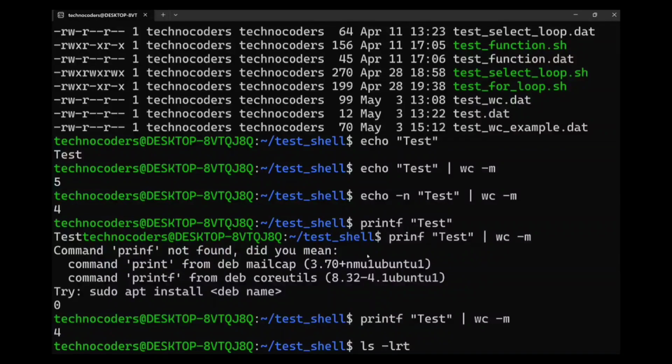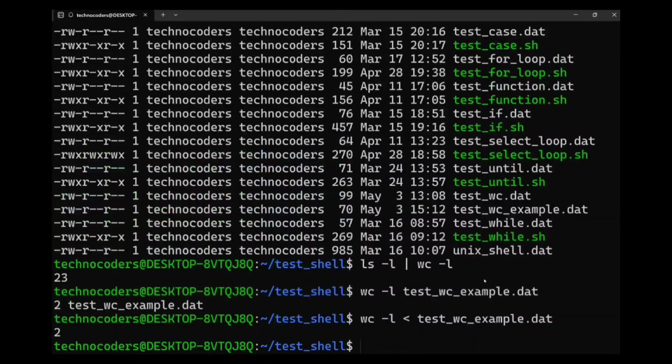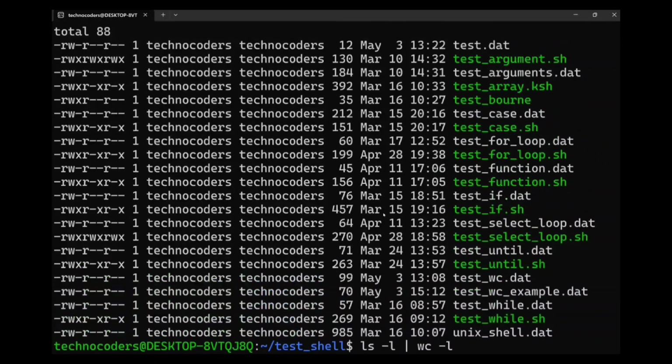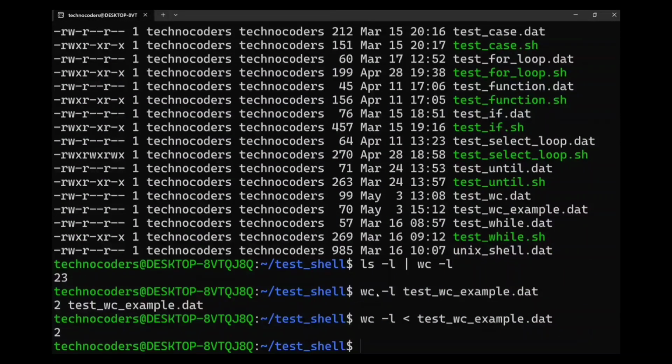Or if you don't want to use the echo command, then you can use the printf command. Printf command by default doesn't add any new line operator. So that way you can print the total number of characters as well. And then using input redirection, we call this less than symbol input redirection. So the output of this file will be passed into the wc -l command and will display the total number of lines in the file. Same way you can do it without input redirection also, but here it will print the file name as well. So there are different ways